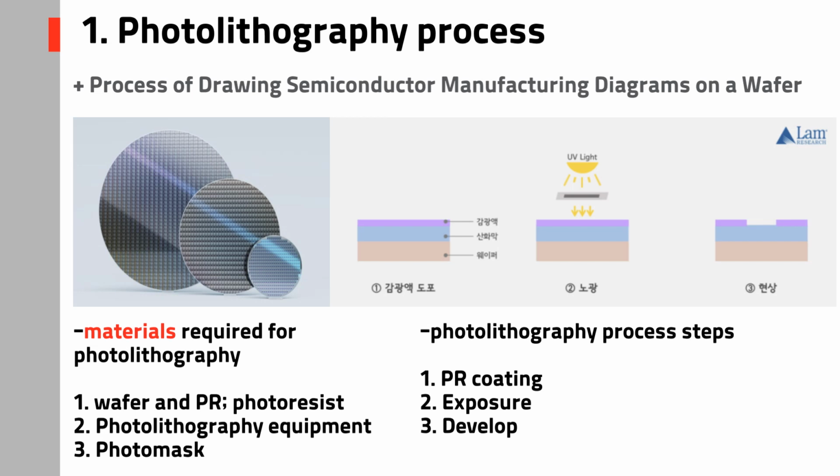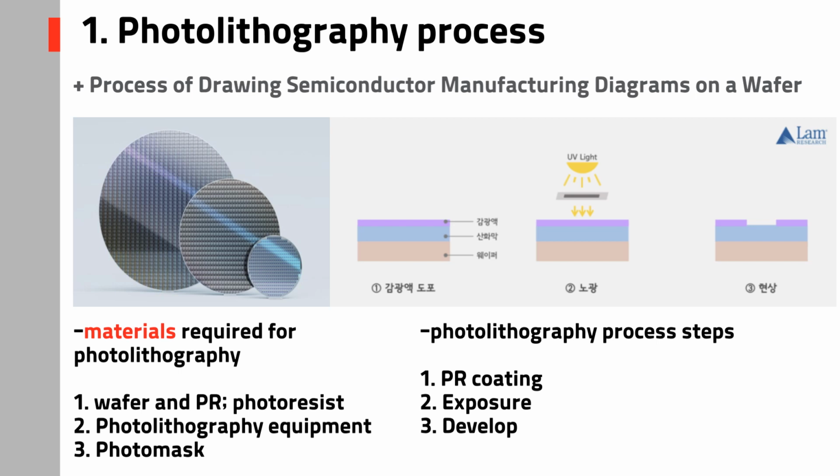Photolithography is the process of drawing semiconductor manufacturing diagrams on a wafer. It necessitates three primary components: the wafer, photoresist, exposure equipment, and photomask. While photolithography encompasses 8 detailed steps, today our focus will be on the core 3 steps: photoresist coating, exposure, and